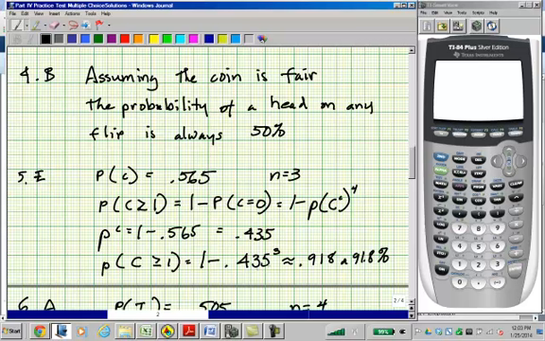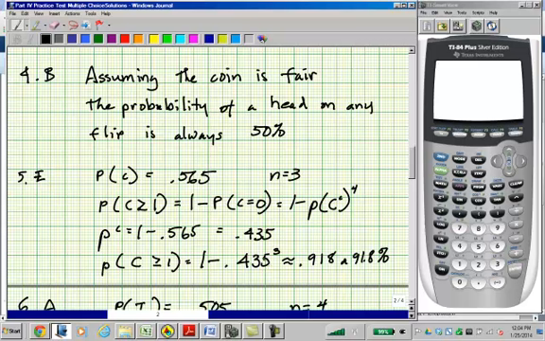So, out of 3 households, the probability that none of them have a computer is 0.435 cubed. So 1 minus 0.435 cubed is 0.918. So 0.918 is the probability that at least one household has a computer. Now, you could do this also with the calculator. You could do this differently